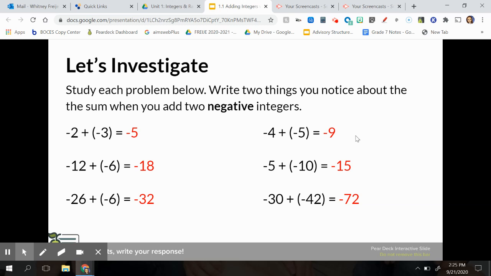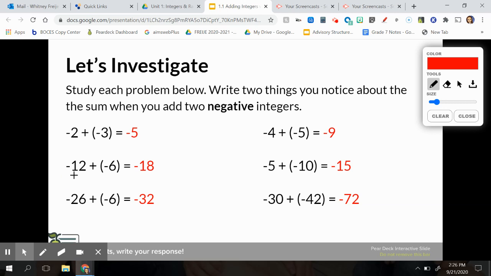So for the first example, we have -2 plus -3. If I add 2 plus 3, I get 5. But because I'm dealing with negative integers, my answer is also going to be negative. And this holds true for all of the examples on your screen. So here I have a -12 plus a -6. 12 plus 6 is 18, and a negative plus a negative is a negative. So that's one way to think about